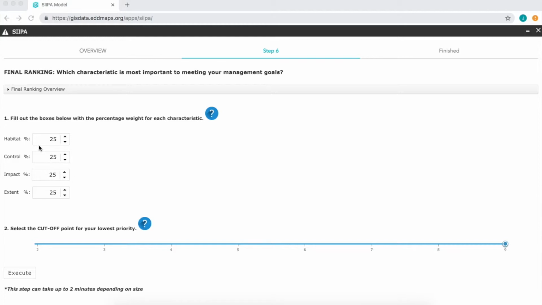So we'll go through and set the percentage to what matches our management goals. So for example, habitat, perhaps I want to set that to 35. Control, perhaps I set that to 15. Impact, we want that to be maybe 5, and we set extent to 45. As you can see, all 4 of these numbers equal 100, and so we move on to the next part,